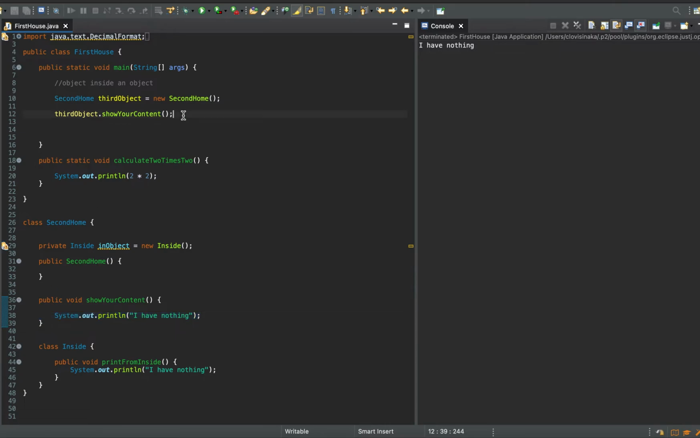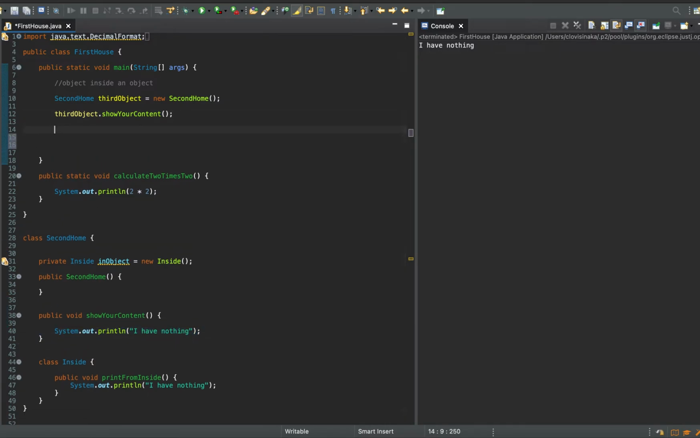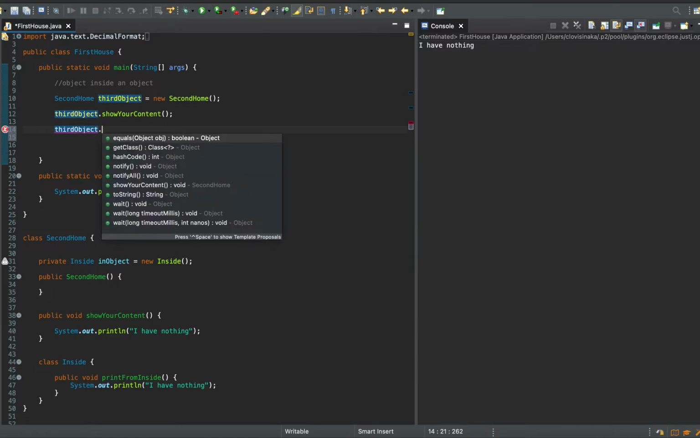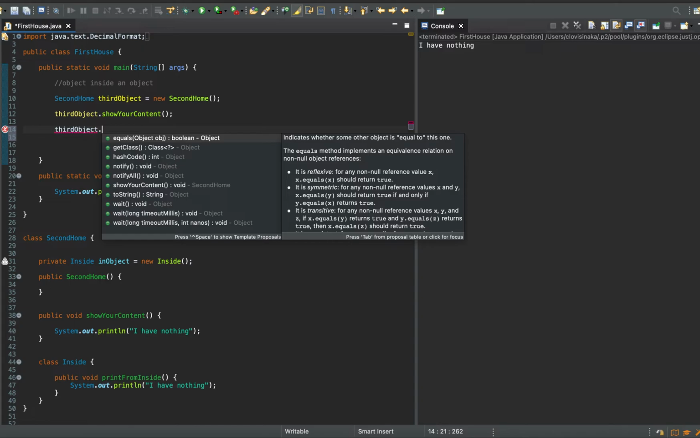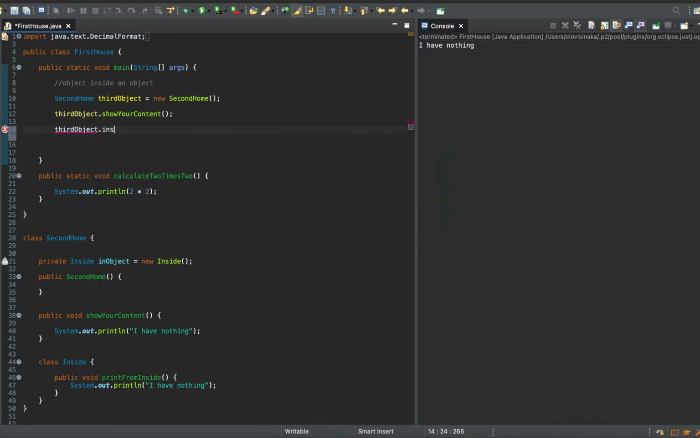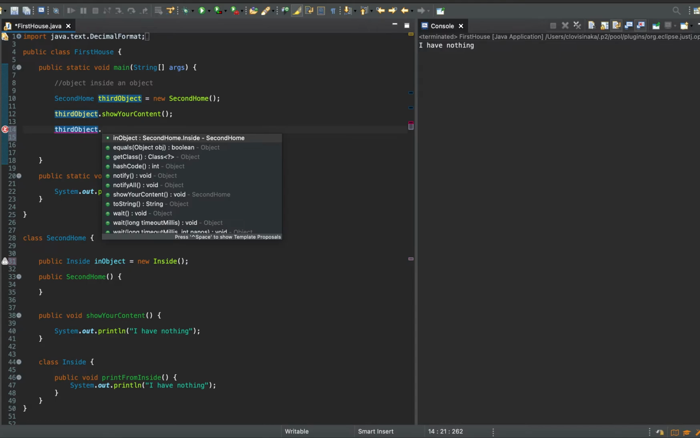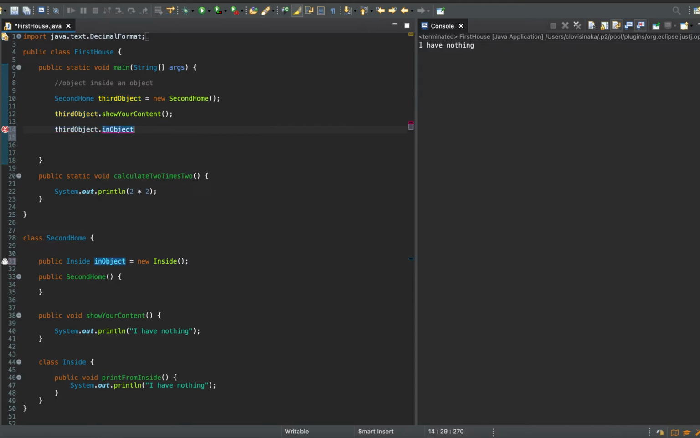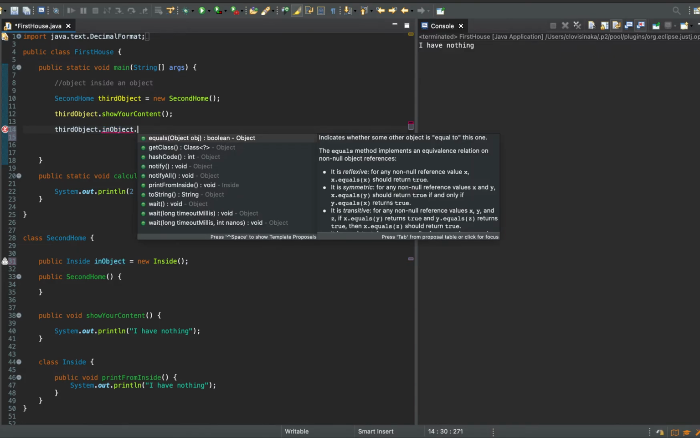So now let's add third object inside. Oh, we cannot access it. Why? Oh, we know why, because this is private. Let's make it public, and now let's try in object. There we go,